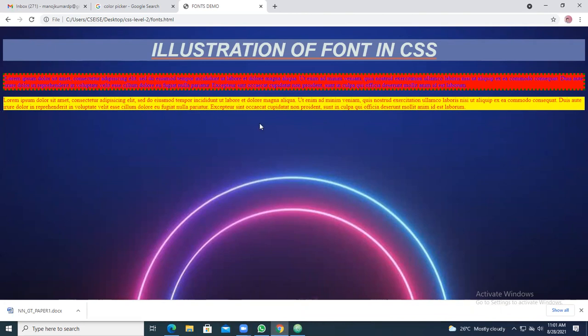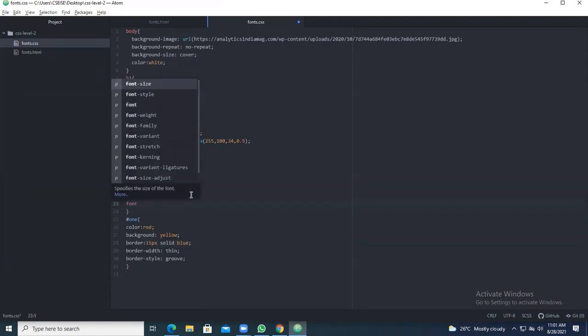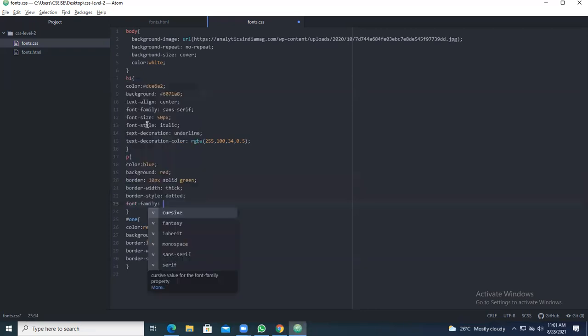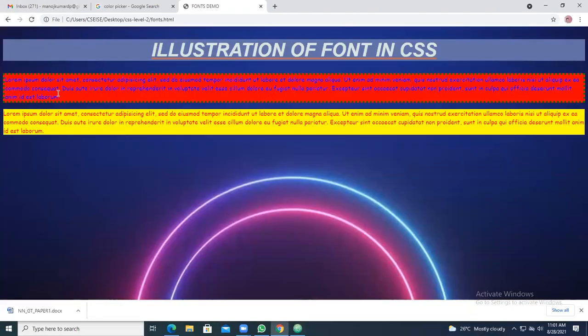So border, you are not able to see this particular. Okay. So this is applying the font. So you can have different fonts also for the paragraph, because of font family. So go for font family, you take cursive and see the settings, how you are getting. So cursive, this is the cursive you have taken. So everything you are getting in cursive only.